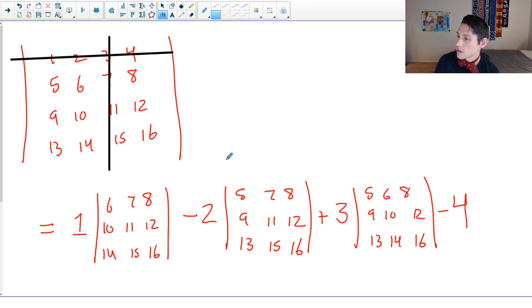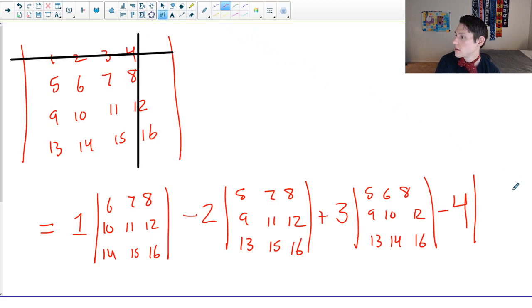So this is something new. What the formula that we've done for 3 by 3 has is always a minus sign right here. Technically it just alternates, so it goes plus sign, minus sign, plus sign, minus sign, if you have larger matrices. And then 5, 6, 7, 8. Can you guys see that? Barely. Or not 8, sorry. Just 5, 6, 7, 9, 10, 11, 13, 14, 15. Okay, so it's basically kind of that same process, but